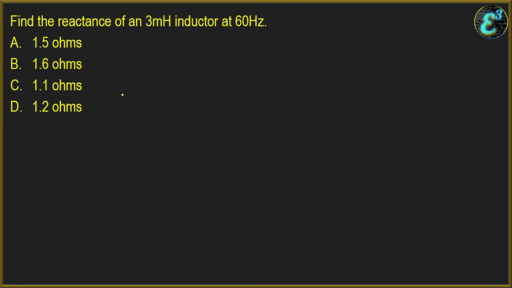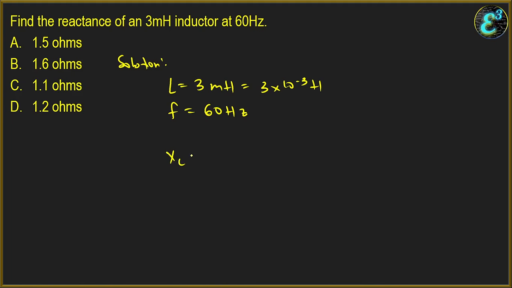Okay, so find the reactance of a 3 mH inductor at 60 Hz. Let's solve this example. The given is our inductance, 3 mH or 3 times 10 to the power of negative 3 Henry, and F is 60 Hz. So we have XL equals 2 pi FL, then we have 2 pi,